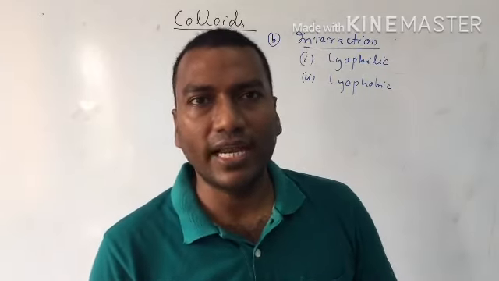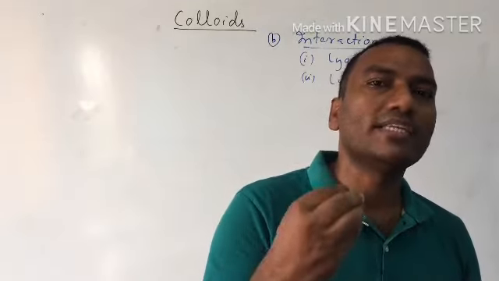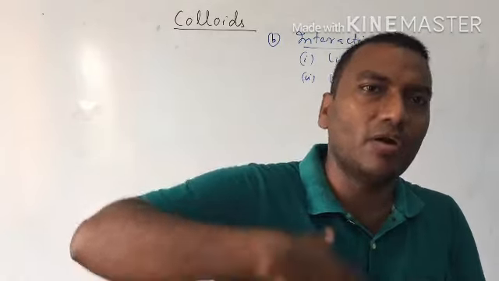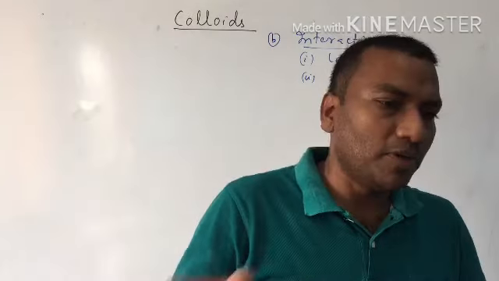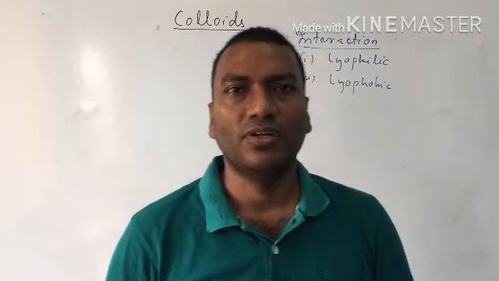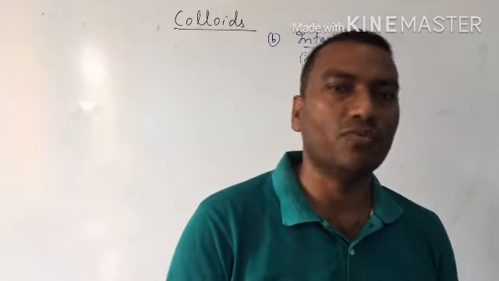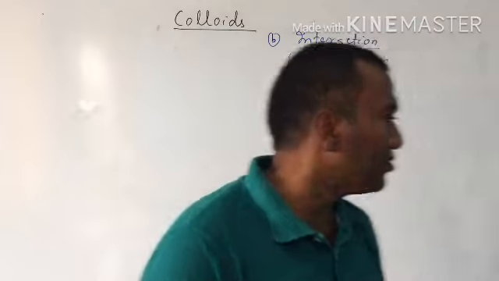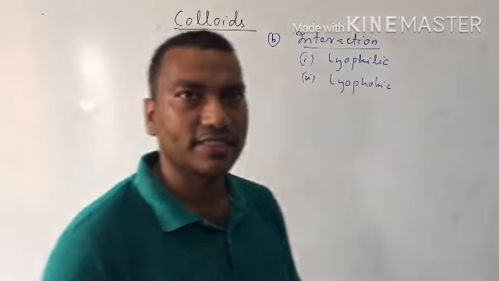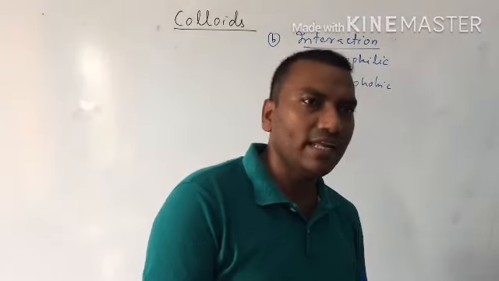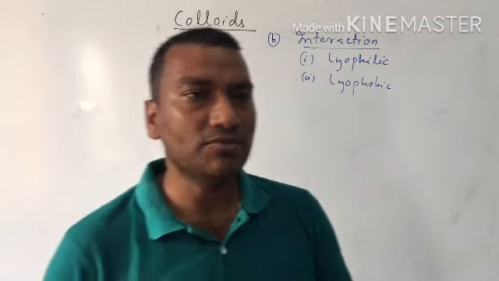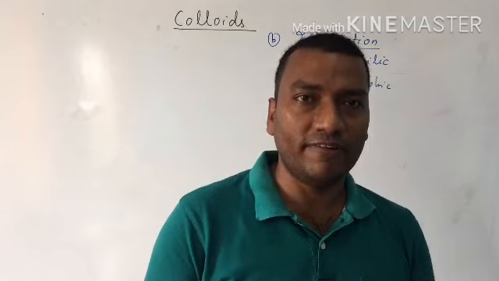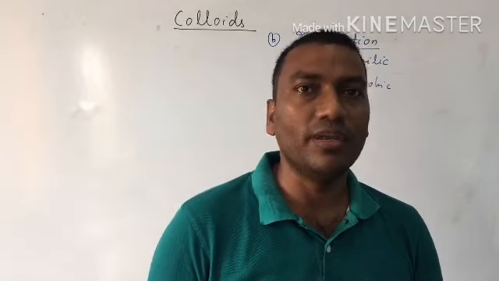But when you take water and suppose you take sulfur as the solute, whatever amount you take, and even if you try different processes to mix it, sulfur never dissolves in water. That means this is called solvent hating, lyophobic colloids. Clear? So lyophilic colloid and lyophobic colloid. This is very, very important. Example, definition, difference, reasoning questions will come.